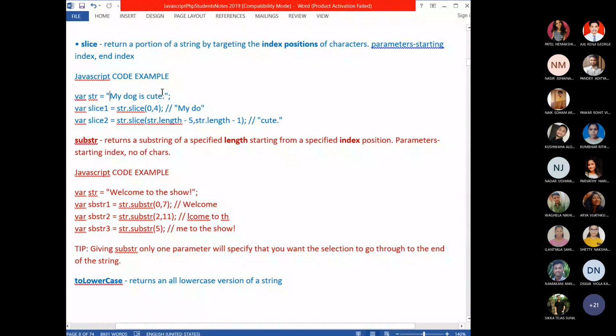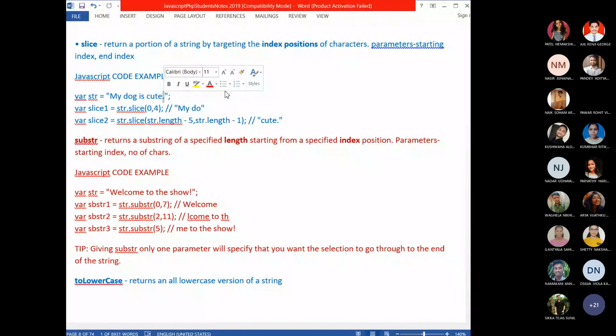So number of characters is 15. But when you say what is the index of the last character, then you have to start counting from 0, no? Then this will be 14. The index of dot will be 14.